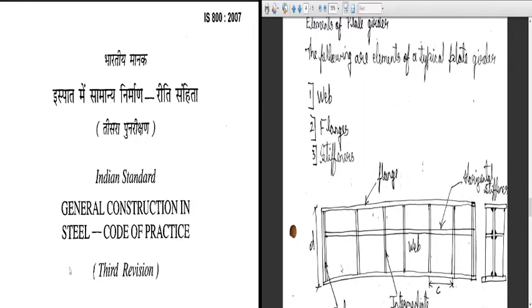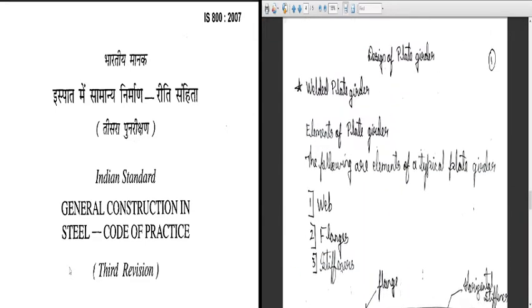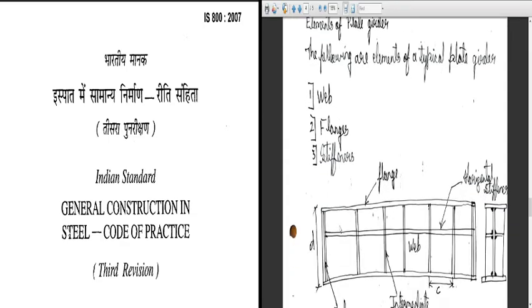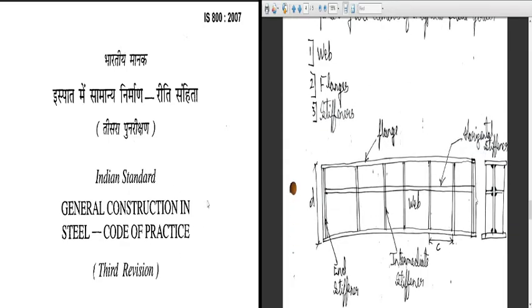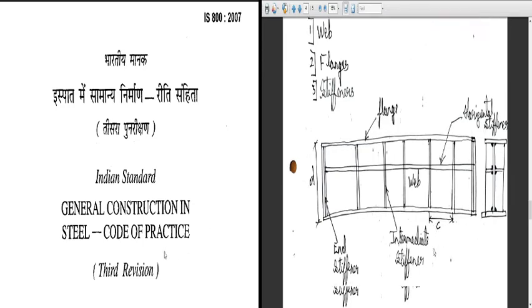Now I will show you the elements, rough plan, cross section and elevation. So elements of plate girder, as we discussed, we have web, flanges and stiffener. So this is a cross section. This portion is web, this is the flange, and these are the stiffeners in between here. If you see along the length, this is the flange, this is the end stiffener because they are provided at the end. This is the intermediate stiffener because they are provided intermediately. Here is the horizontal stiffener which you can see in the cross section as well. This is the spacing of stiffeners.